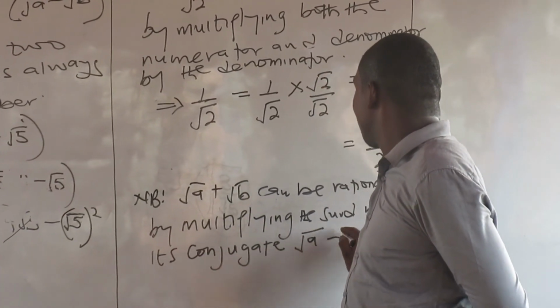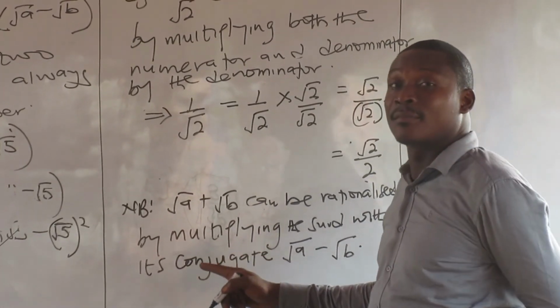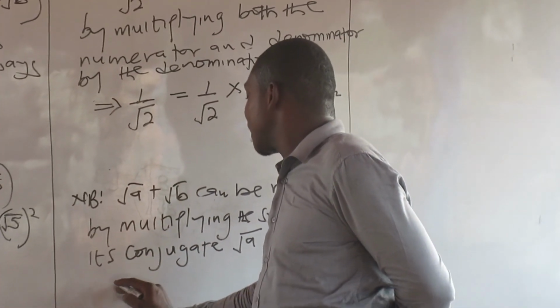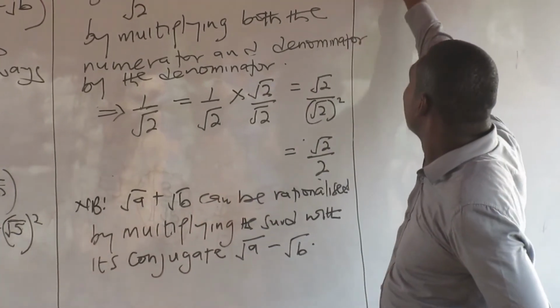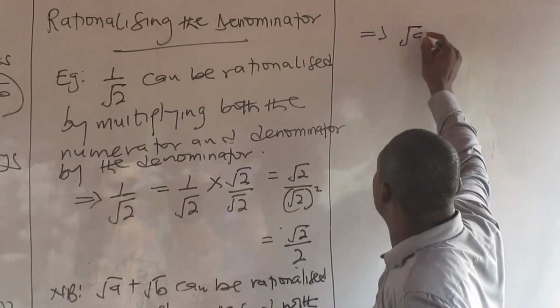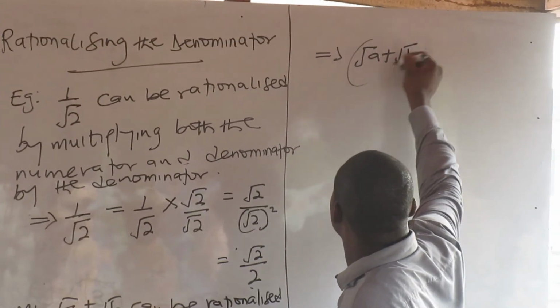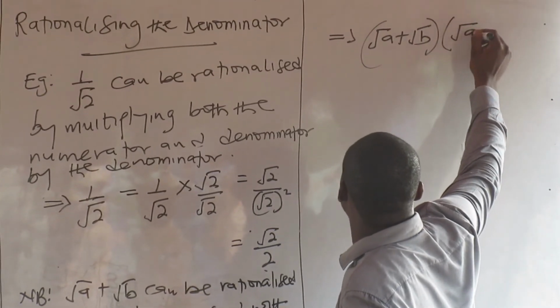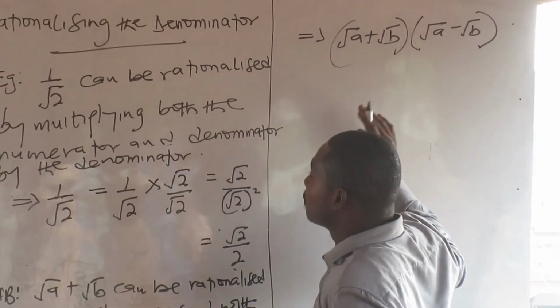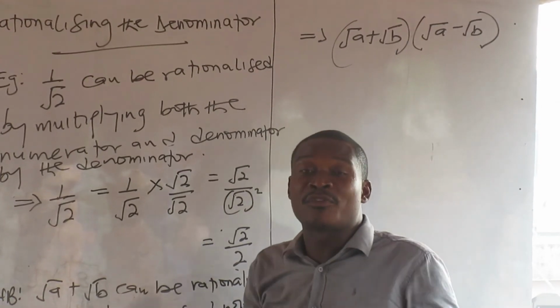So there is the conjugate of the surd you see there. So when you want to rationalize this, that is root A plus root B, multiply it by its conjugate, its opposite. Good. So in WASSCE or further mathematics,